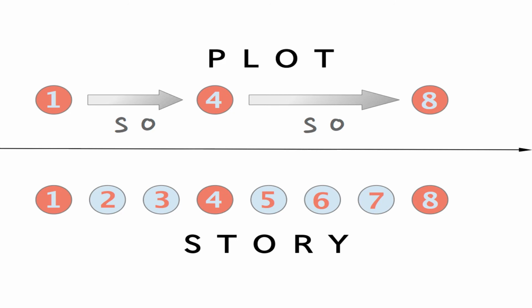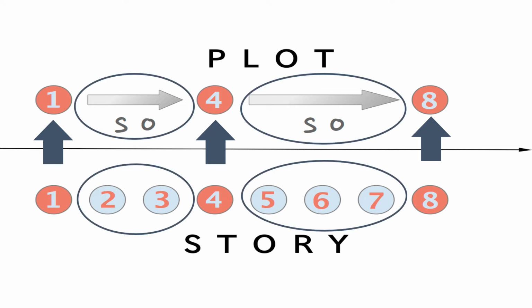So, for example, if you think back to our discussion of movie narratives, you'll remember that a movie's story covers a longer range of time than the events that make up a movie's plot. Likewise, while a movie's plot may cover several days, weeks, months, or years, the scenes shown on screen will only depict single events from certain days during that time period. And even then, we only see brief glimpses of time on those days, with the transitions between scenes signifying the passage of all of the other time in between.